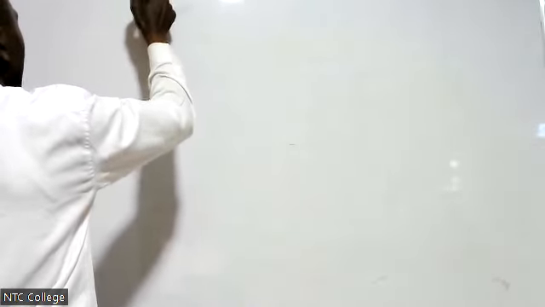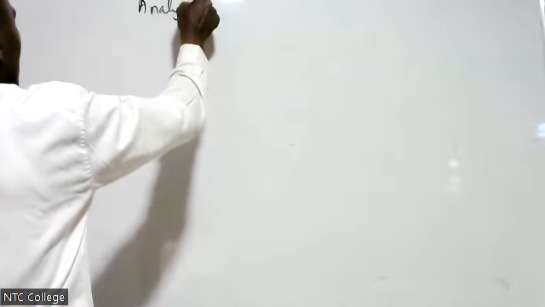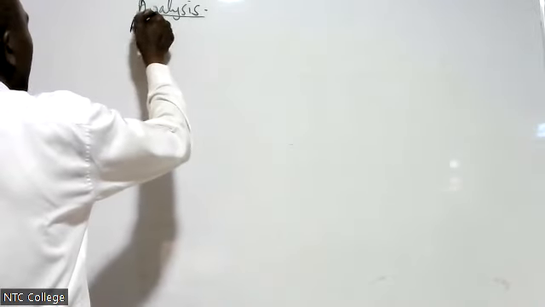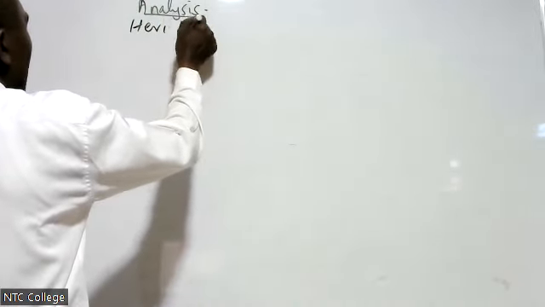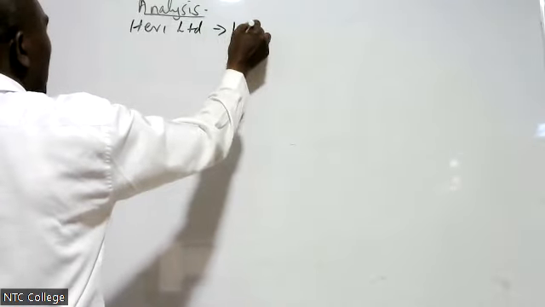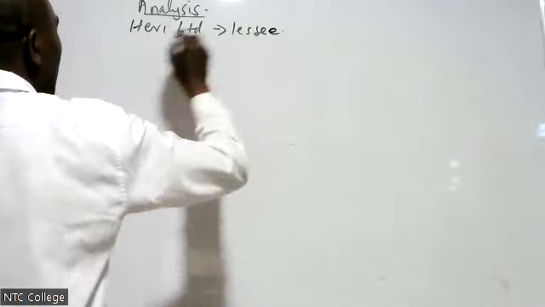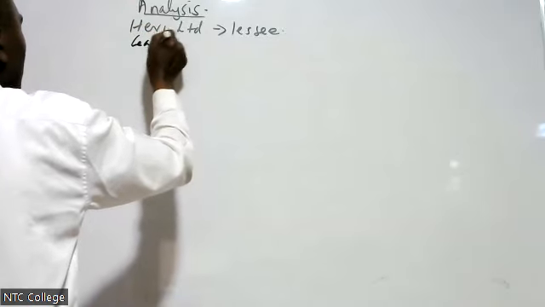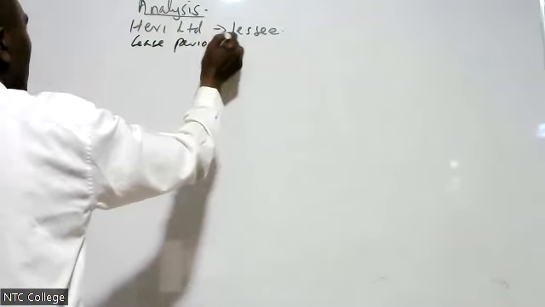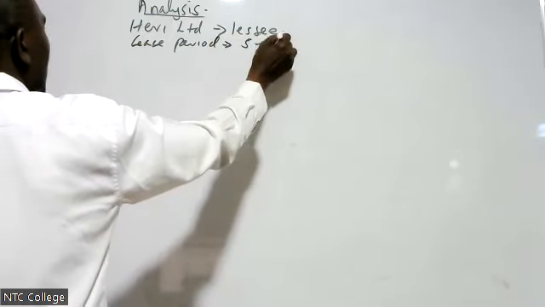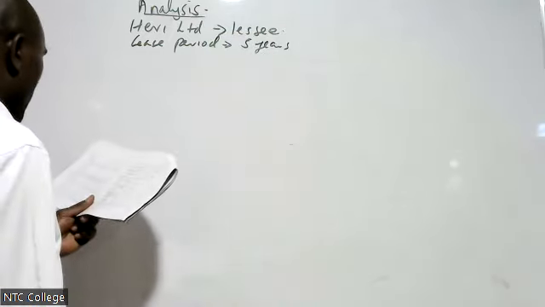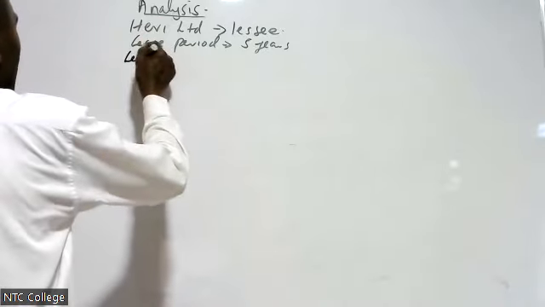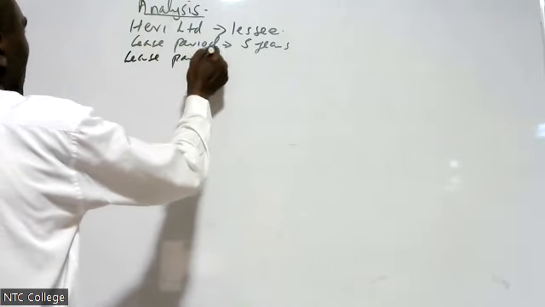Let's do the analysis of this question. Now, Harry Limited, that is the lessee. Then, this period is 5 years. This payment